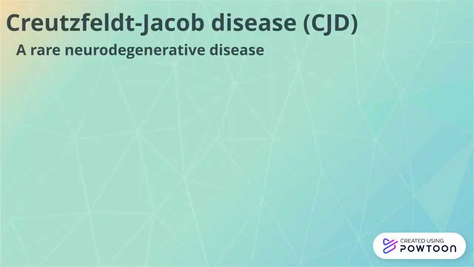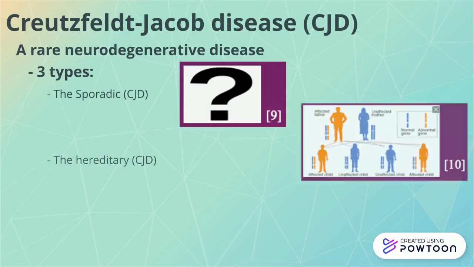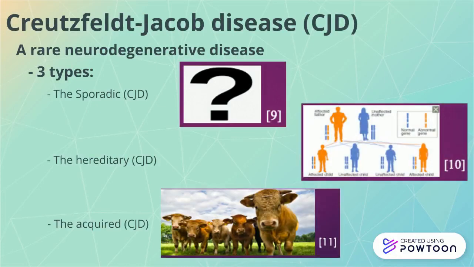Creutzfeldt-Jakob disease is a rare neurodegenerative disease. There are three main types of CJD: sporadic, which has no precise explanation of its cause; hereditary CJD, where the mutation is passed on by family; and acquired CJD, which is transferred via